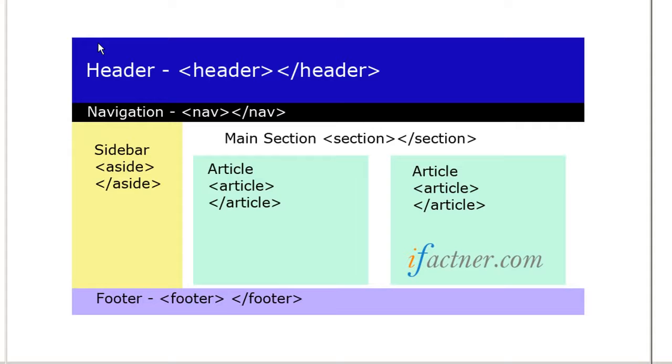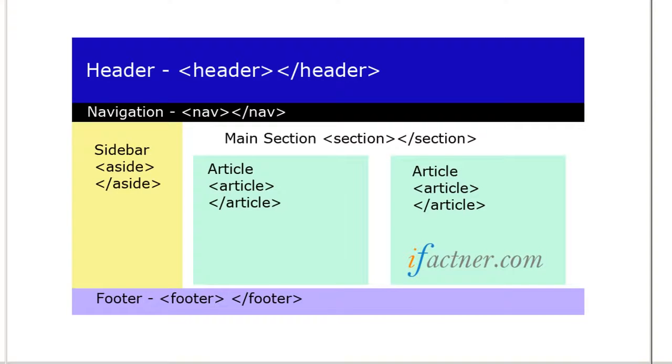the group decided to introduce the header tag for the header section, the nav tag for navigation to form the links so people would be able to navigate through the website, a sidebar with an aside tag, a main section containing the section tag, and different articles within the main section, and those articles were represented by the article tag. And as usual, we can see that most of the websites have got the footer section, and we use the footer tag to do our task in